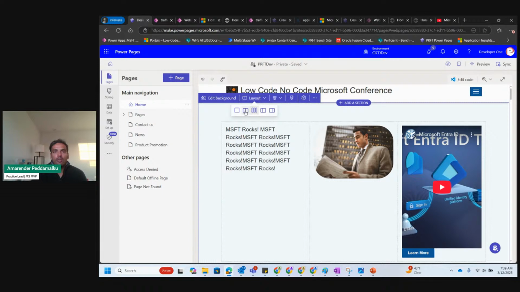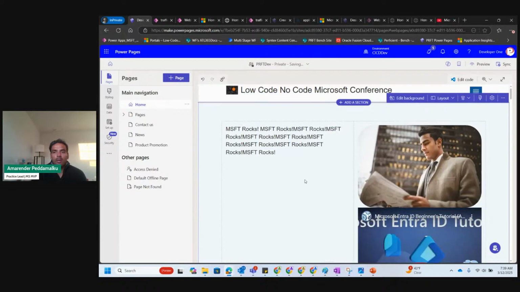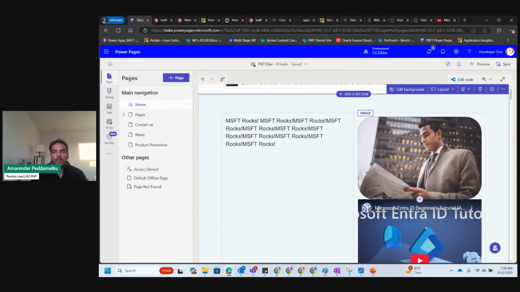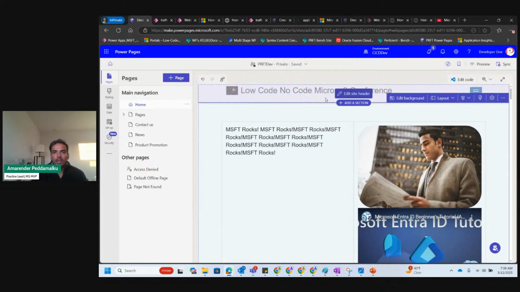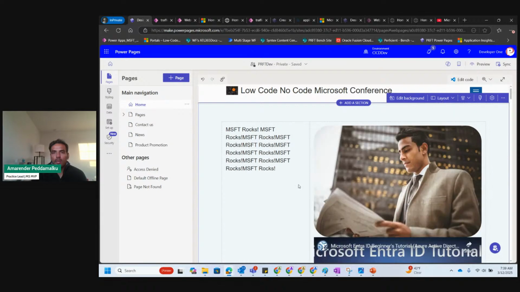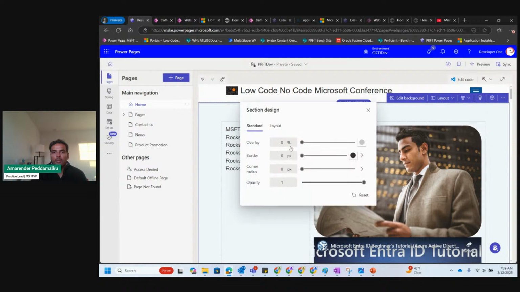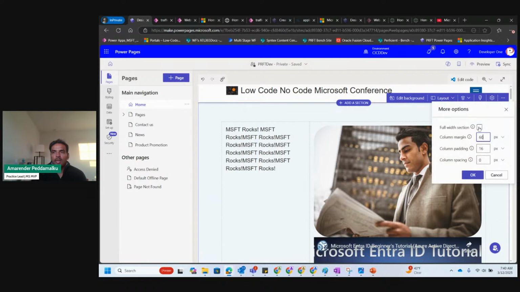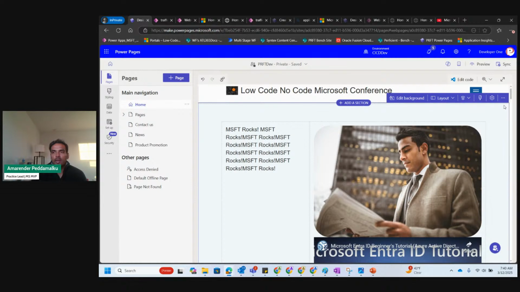And then you can change the layouts even after you build the layout, or you can go back to, let's say, 2-column layout. You see how the video is pushed down if you go to the 3-column layout. Or you can just go back and switch back to 1/3. You have different controls and different layout options that you can use to leverage. And then you can stack things horizontally, vertically, and then different stylings, section design that we just saw, and other settings like column margins, padding, spacing. You can control a lot of these things right here.